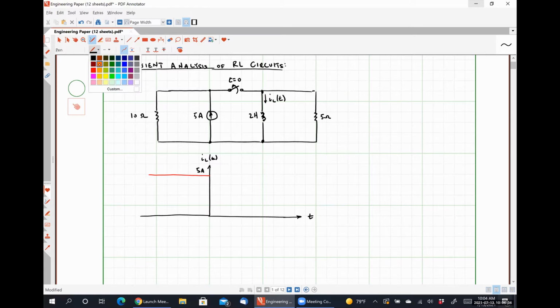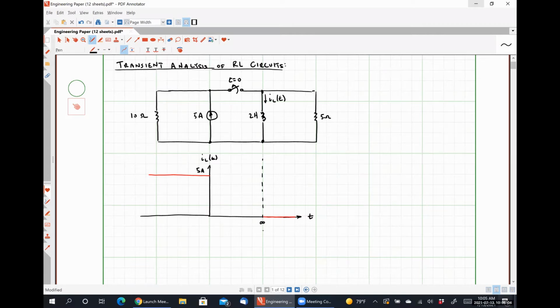And so at some significantly later moment in time, and I'm going to call this time infinity, but we'll find out that it really doesn't take nearly that long to happen, all of the energy stored by the inductor has been transferred into heat. And this time in the middle,